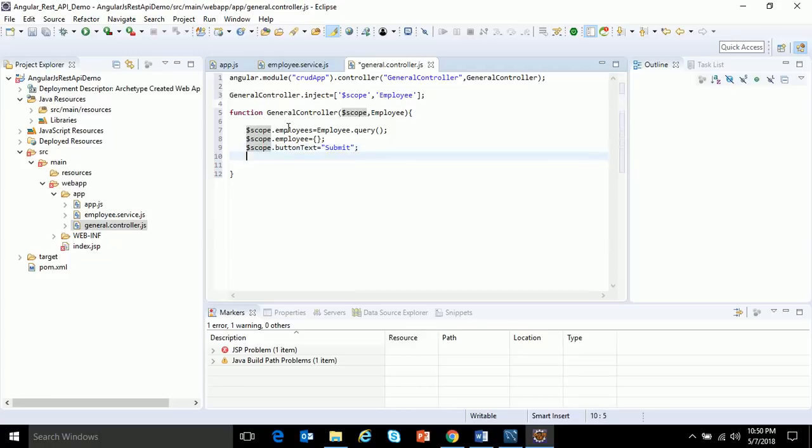Okay, first we define the save method, which is $scope.saveEmployee